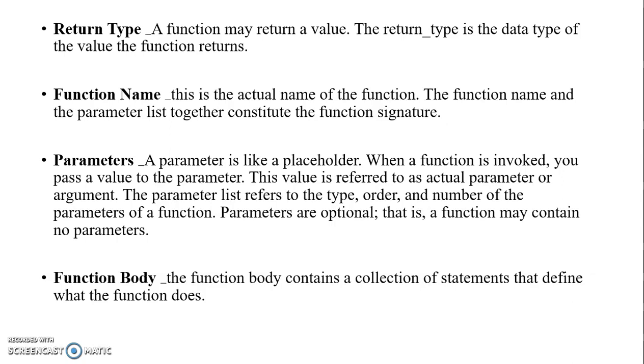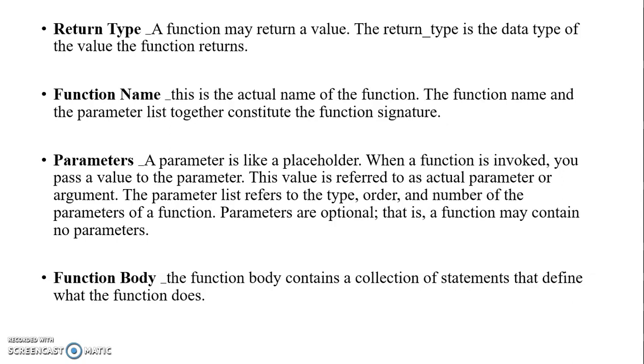Now, after the function name, we have the parameter list. In the syntax, you already saw the return type followed by function name, and after that in the bracket the parameter list. Now the parameter list means what? A description is given. The parameter is like a placeholder. When a function is invoked, you pass a value to this parameter. The basic way to understand it is that whatever input you are taking in that function, that input value you have to pass to this parameter.